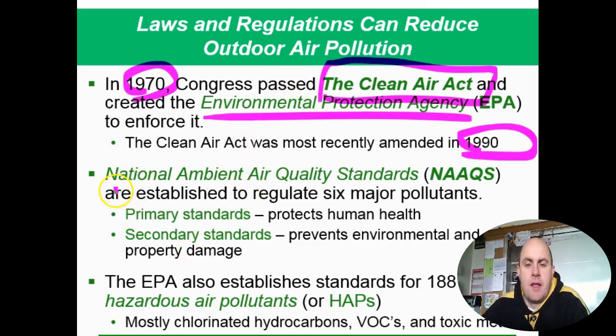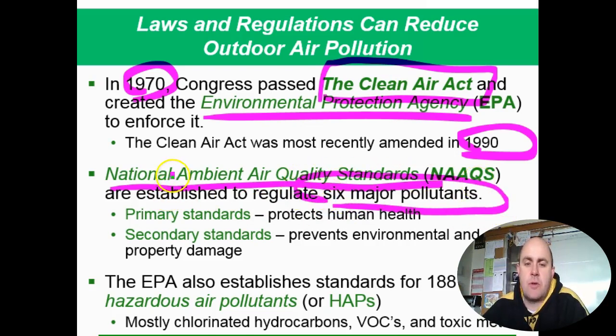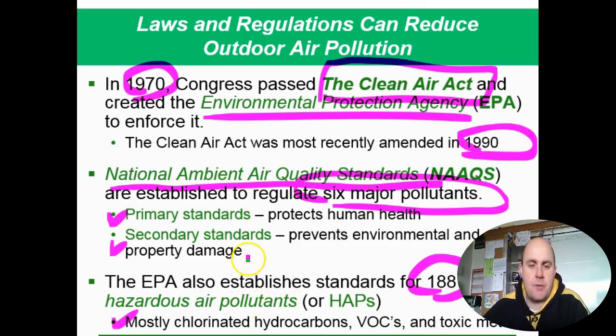There's the National Ambient Air Quality Standards, the NAAQS, and they regulate 6 major pollutants, and we'll talk about which ones those are. And it has basically 2 goals here: primary standards, which is to protect human health, and then secondary, to protect the environment and property. The EPA has also established standards for 188 different HAPs, or hazardous air pollutants, and these vary greatly, but there are chlorinated hydrocarbons and VOCs and toxic metals,